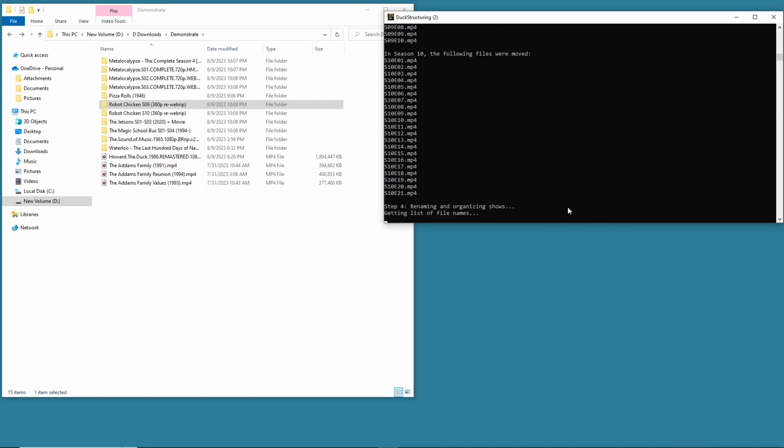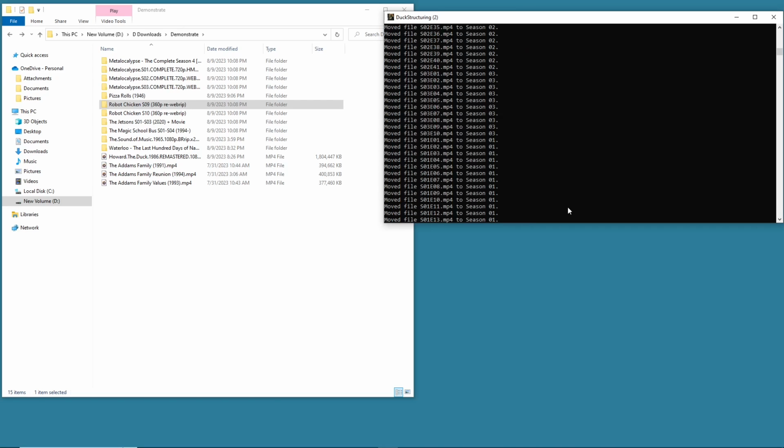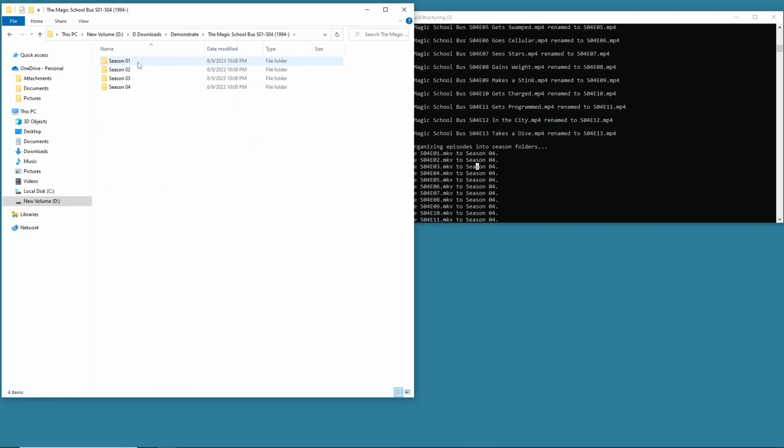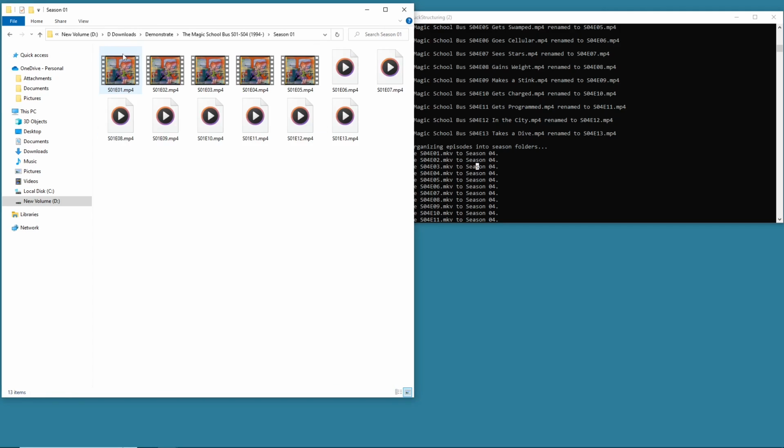Now, if you see real quick, this step happens automatically without user approval. Don't worry and don't panic, it won't get anything wrong. Because by this point, since you've named all your episodes correctly, it's going to detect all of your properly named episodes and move them into season folders. I don't know if I have an example here. I should have showed you with this one, but the reason this step is in, and if you're following along,